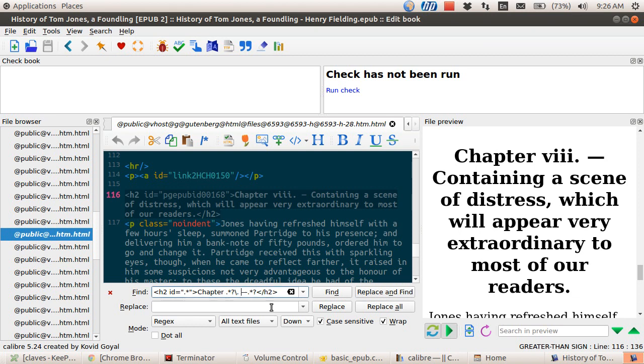What we need to do, though, is isolate some of these items in here so that we can work with them and put them inside their own tags. What we do is put them inside parentheses. So I'm going to do an open parenthesis around H2 ID equals chapter, and I think I want to exclude the period, and then over here I want to isolate this much,